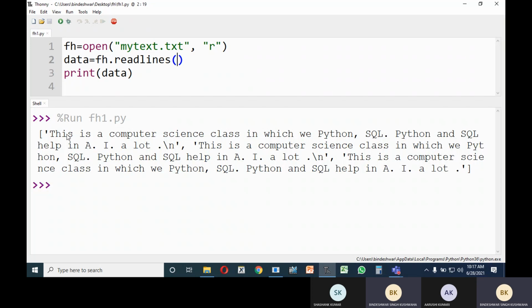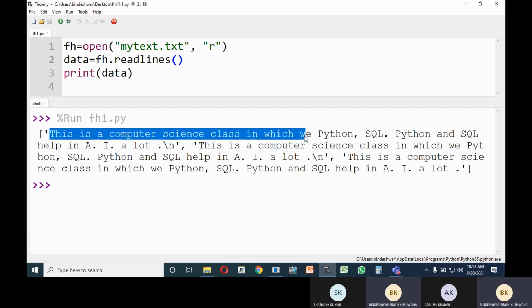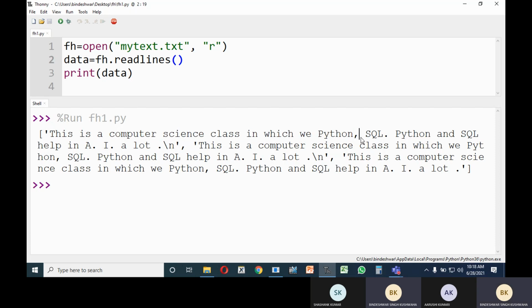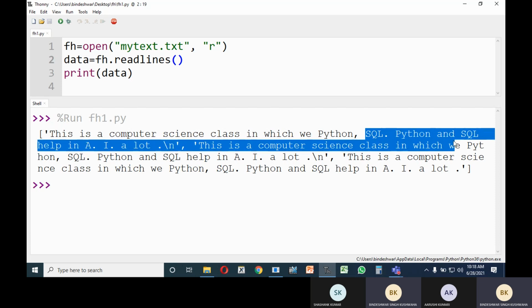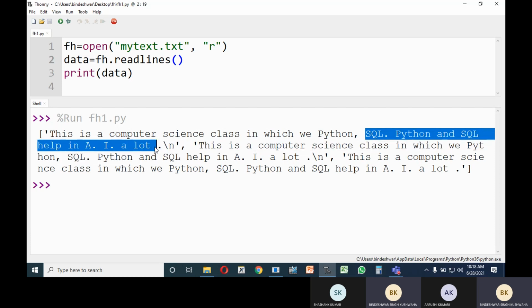Okay. So you can see that readlines is reading the whole data in the form of a list. Like this one, single. Thereafter this one is the second element of the list.